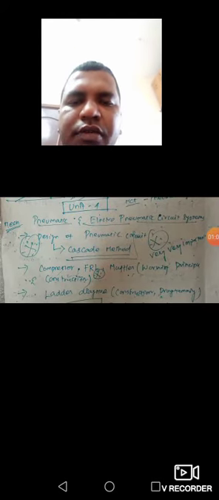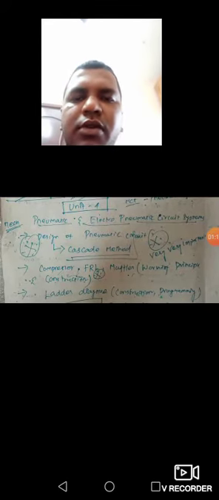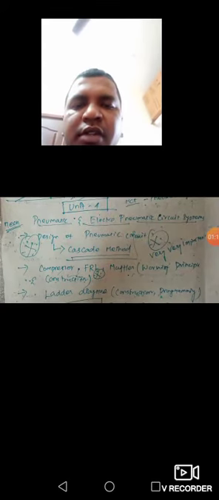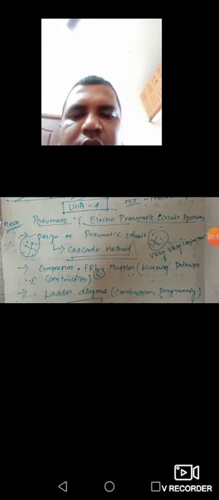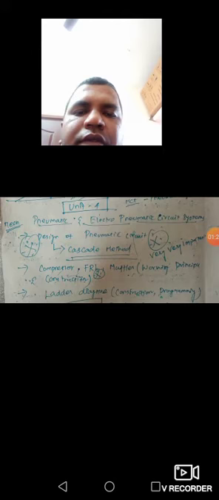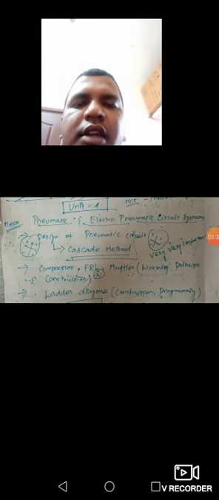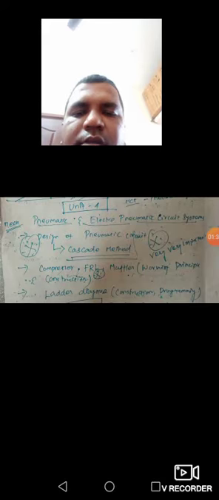If you are on the fourth unit, you must focus on the cascade method. Don't worry about this fourth unit, that is the simple thing I want to tell. Besides the cascade method, the second important topic is the compressor, filter regulator, lubricator, FRL unit and muffler. For these we must give the working principle and construction. It is a very simple topic.